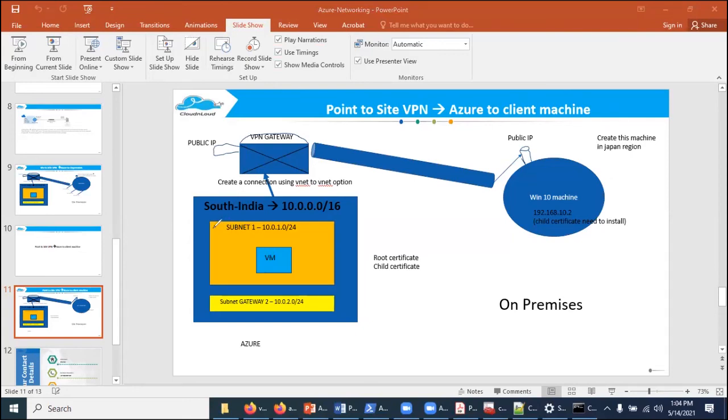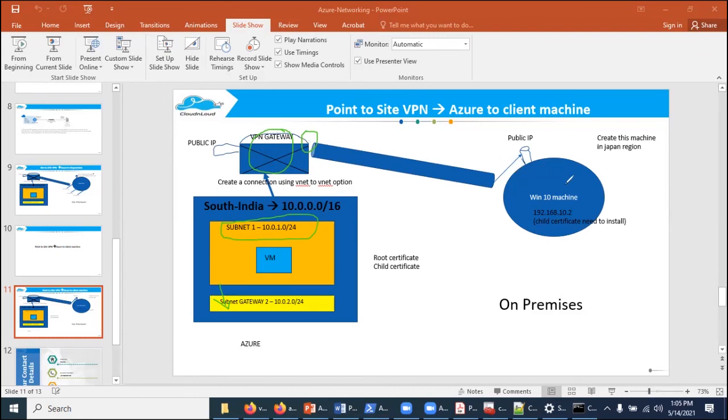In Azure, we created one virtual network, and in that virtual network, we associated one gateway subnet, because whenever a session is established, this gateway subnet will act as a gateway. And you create a virtual network gateway and give some range of IP addresses because each session has to take one allocated IP address.